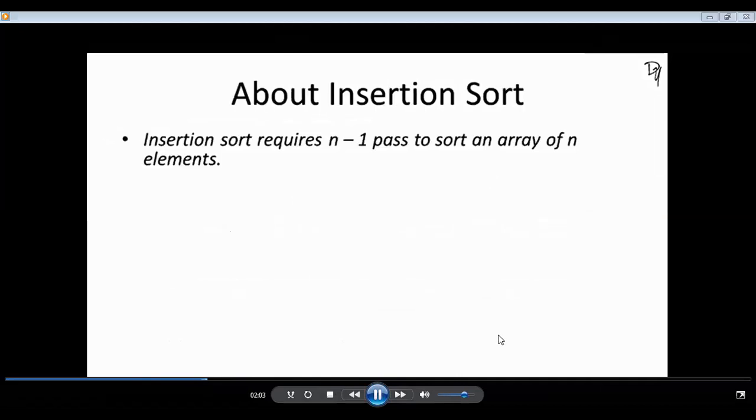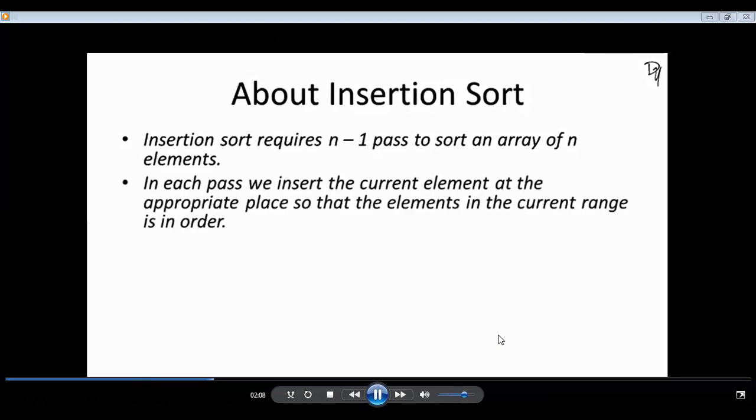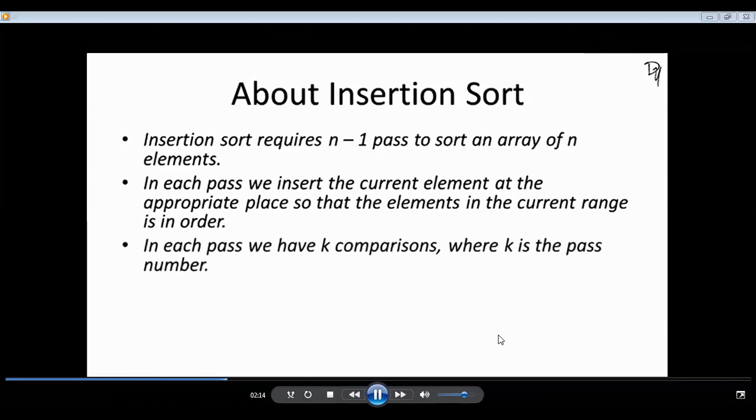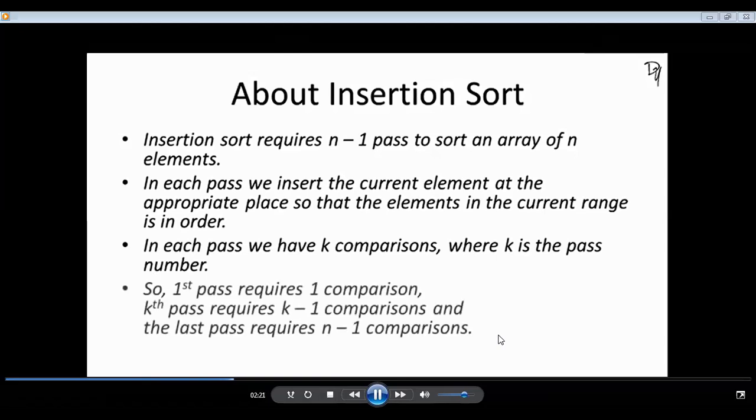So we know that totally n minus 1 passes we need, right? At each pass, we are inserting the current element at the proper place, so that at the end of each pass, the current range should be in order. In each pass, we have k comparisons. First pass, we need 1 comparison.